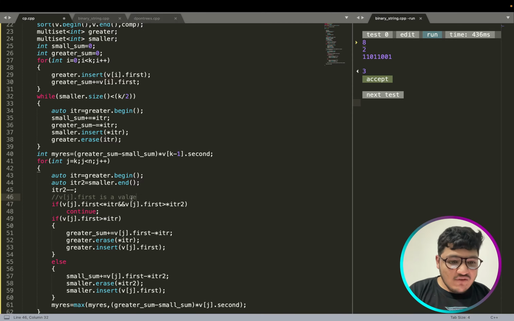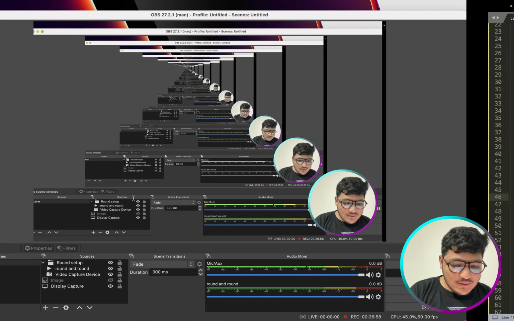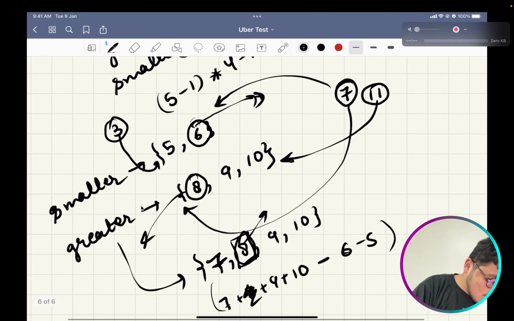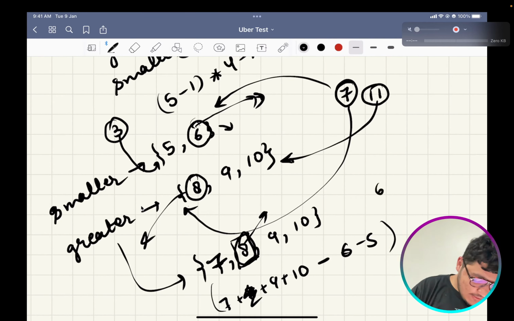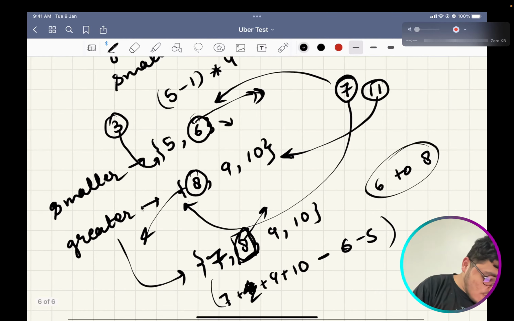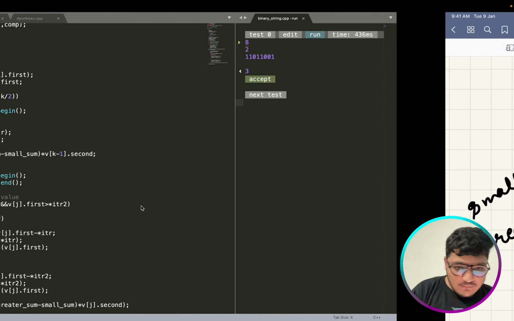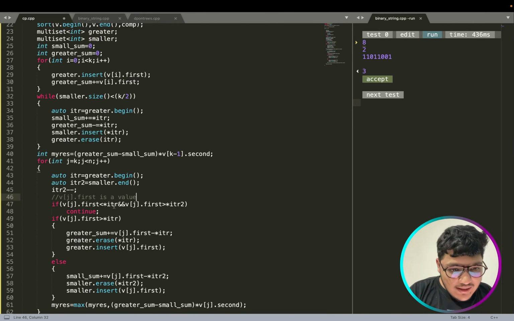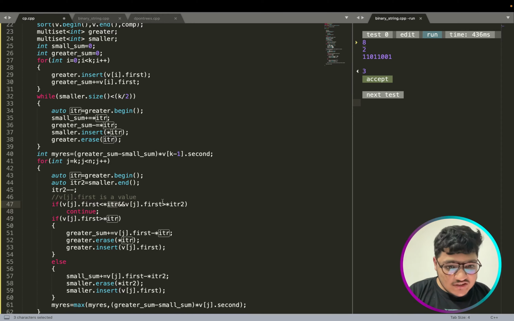If my a value lies between this 6 to 8, it won't be benefiting me, right? So this 6 is iterator 2, and this is iterator. That's what I am checking over here. If it's lying in these ranges, then I would continue, I won't be doing anything.